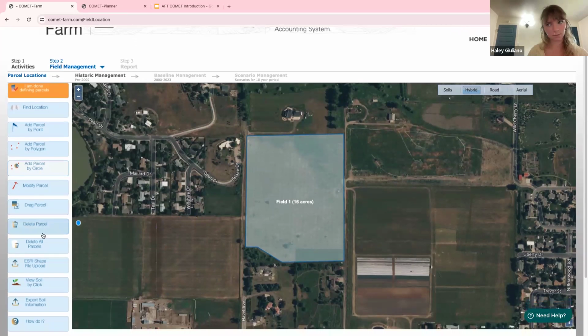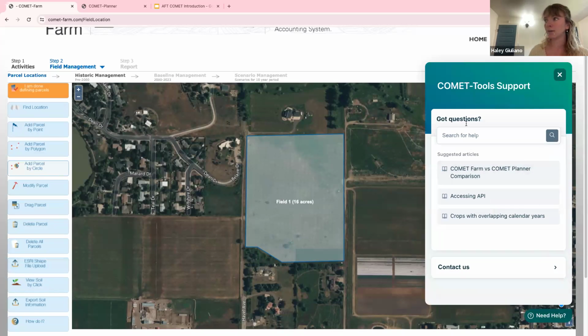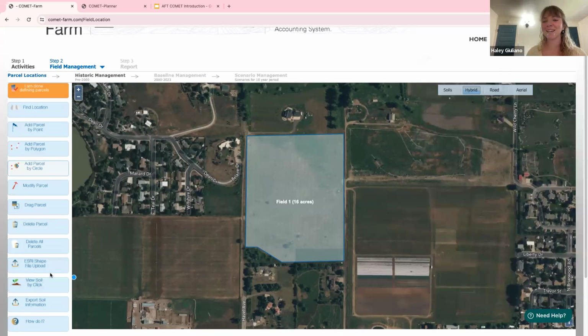That is, there's no point of return there. And then the final way that you can add a parcel, or multiple fields, is another name for the parcel, is by uploading an Esri shapefile. If you are going that route, I would highly recommend you check out my article for uploading shapefiles, because it is not the most intuitive, and that is one of the changes that is coming for the new